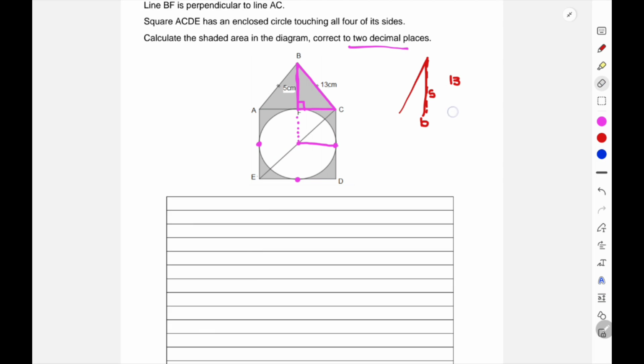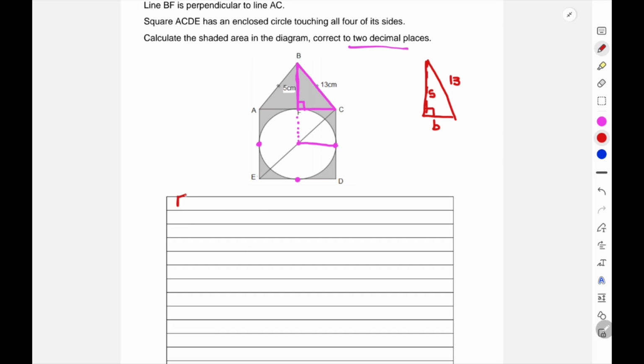So what I'm going to do is just use half of the triangle so that I've got a 90-degree triangle, so that I can use Pythagoras to work out the base over here. Okay, so I always say zoom in, use the 90-degree triangle, and then zoom out again. Remember, what you are actually doing is working out the area of the full triangle. Okay, so it's going to be